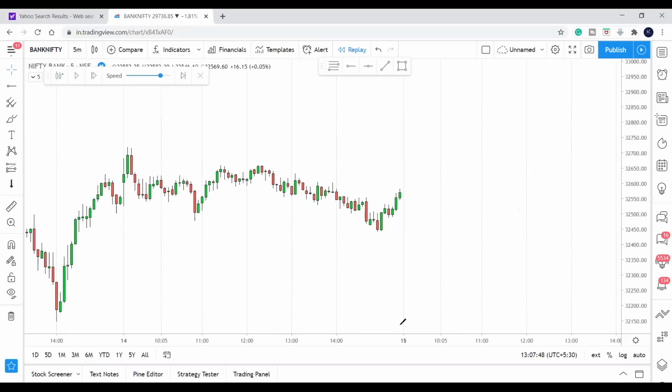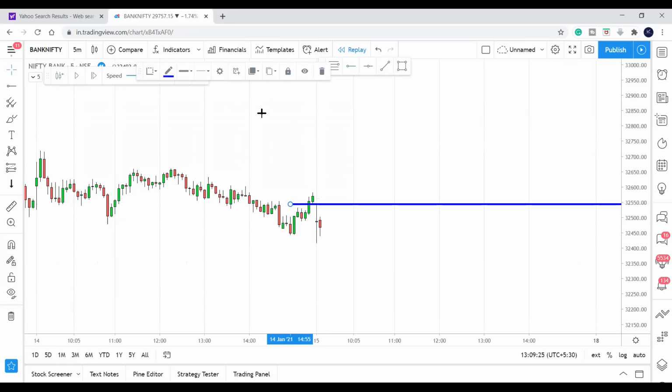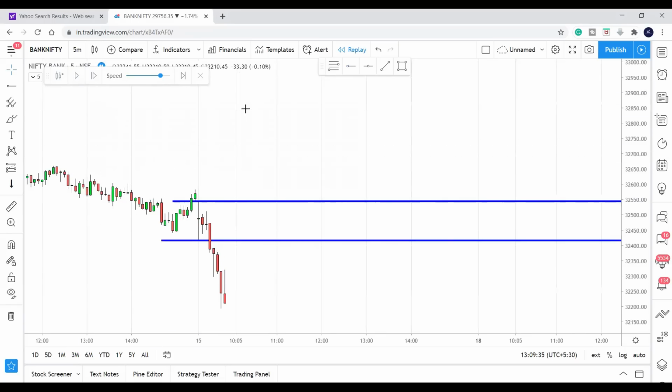Next, this setup happened on 15th of January. The market opened with a big doji and you have marked the support and resistance on your chart. Breakout happened from the support, the market started going down, and now what you have to do, I told you, you should wait for price to come to this breakout line and you have to wait for the bearish candle for the confirmation, because this support was broken. Next time it will act as a resistance, right? Support becomes resistance, resistance becomes support.